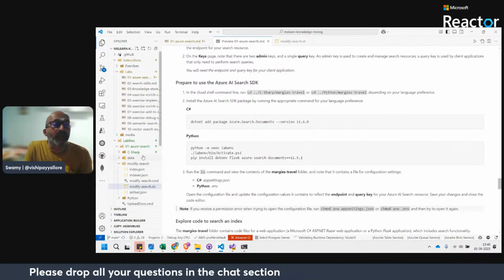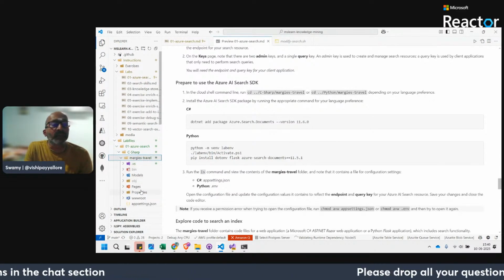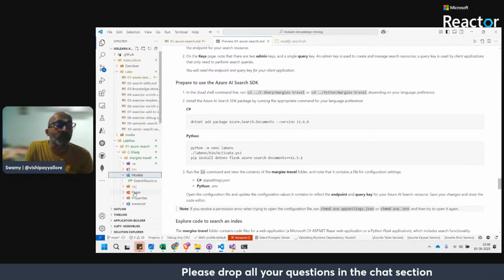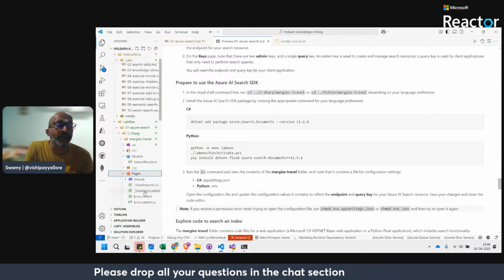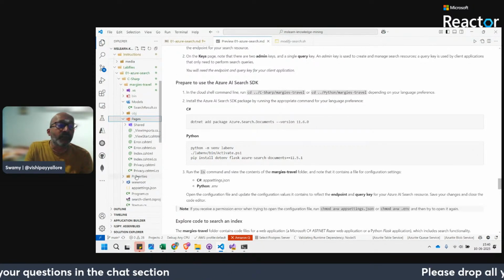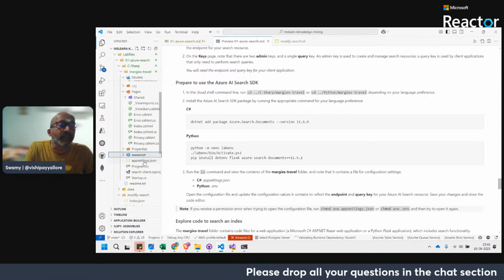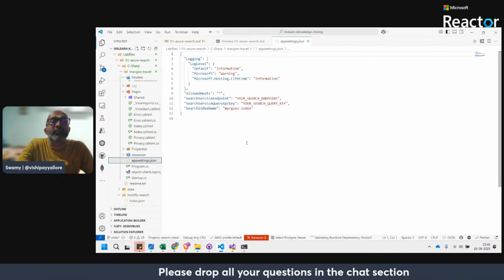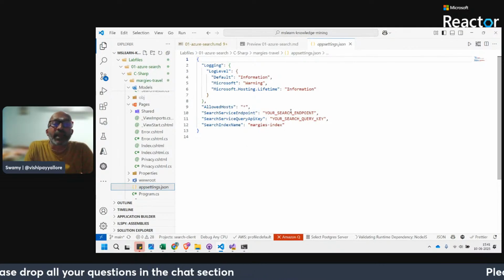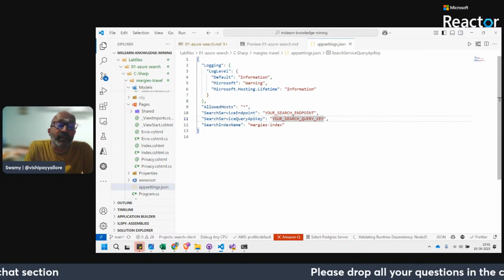So we were able to look into this Margie's Travel portal, and hit these endpoints from, if you come and see here, the app settings. Let me increase the font. Okay, inside the app settings, we have the search endpoint and the query key.